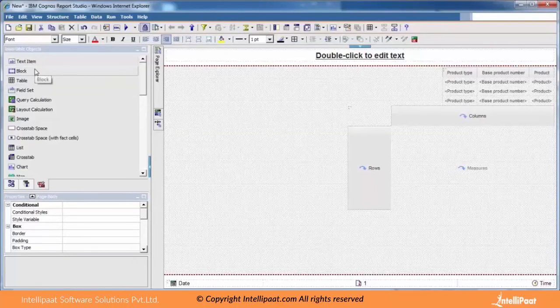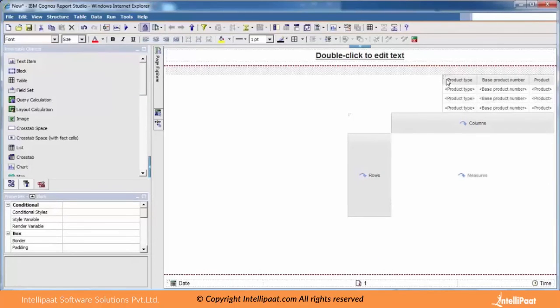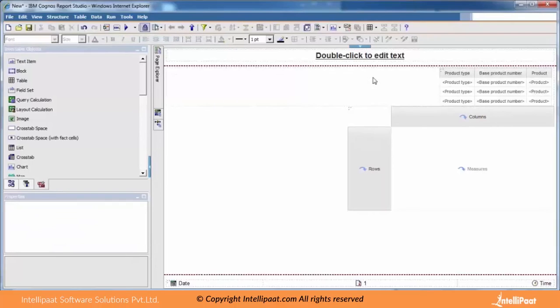I'm going to get a block over here. I just got a block for my list report. This is the block I just dragged into my work area. I'll select the list. Whenever you are selecting a list, you have to select these three dots, as I told you. Now the list alone I have kept inside my block.